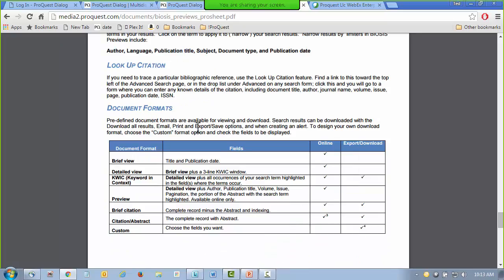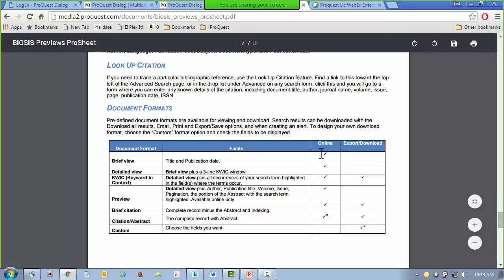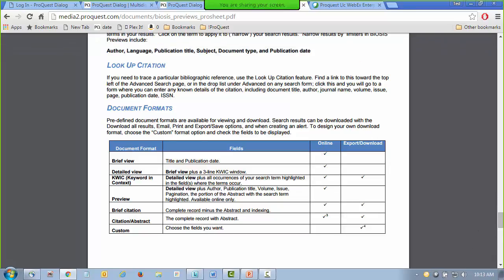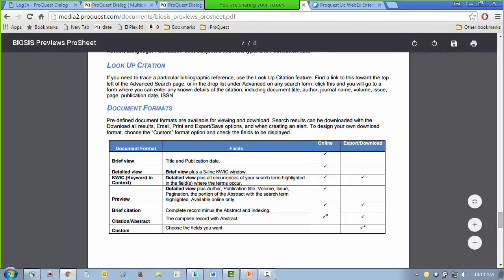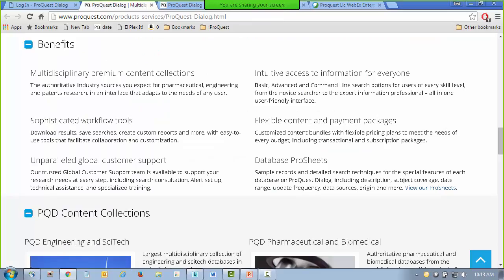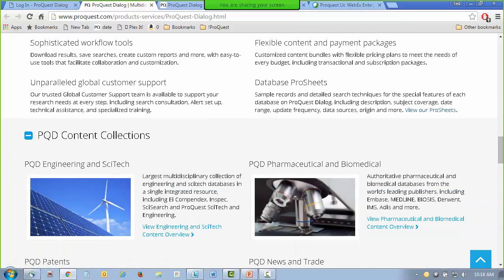And finally, at the end of each ProSheet, you'll see a brief description of the document formats that are available, both in the online view and in terms of what you would see when you go ahead to download a record. So that's what the ProSheets are about. Getting back to our main support page and scrolling down from the ProSheets,